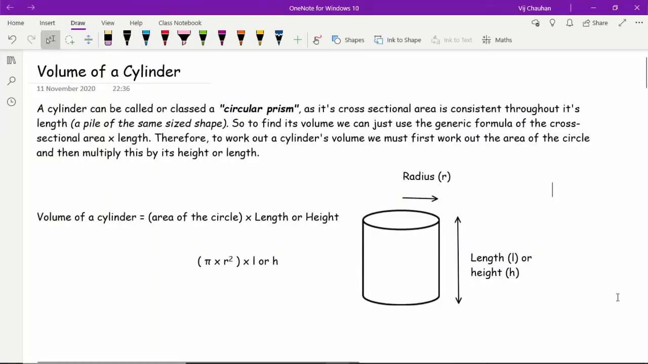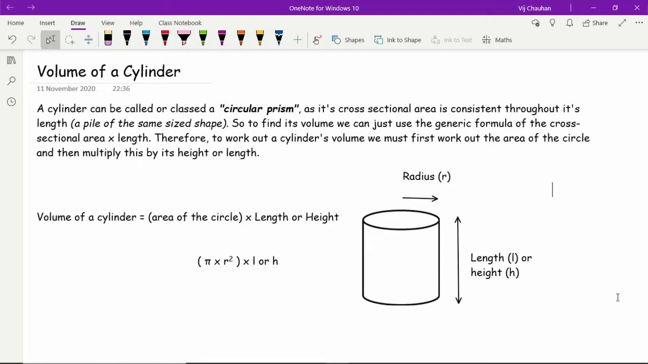So a cylinder can be classed as a circular prism, as its cross-sectional area is consistent throughout its length. In other words, it's just a pile of the same shape. In a cylinder, that same shape is the circle, so a cylinder is a pile of the same size circle. So to find its volume, we can use the generic formula that the volume equals the cross-sectional area times its length. Therefore, to work out the cylinder's volume, we must first work out the area of the circle and then multiply this by either its length or its height,